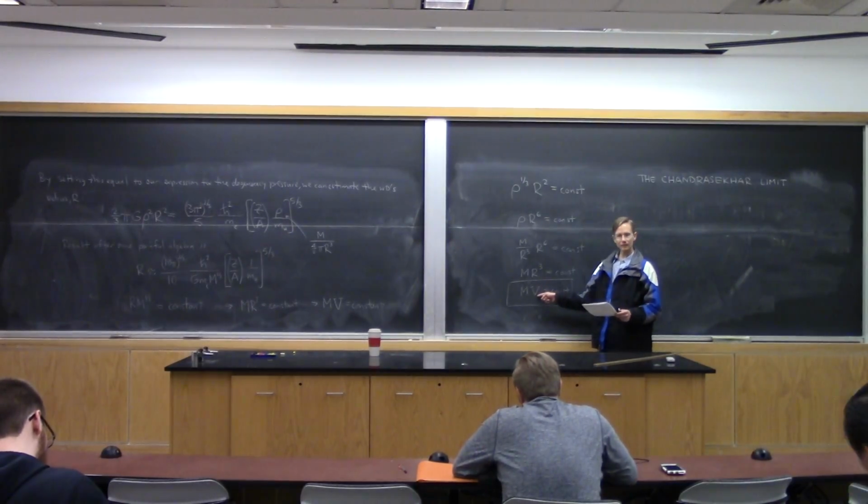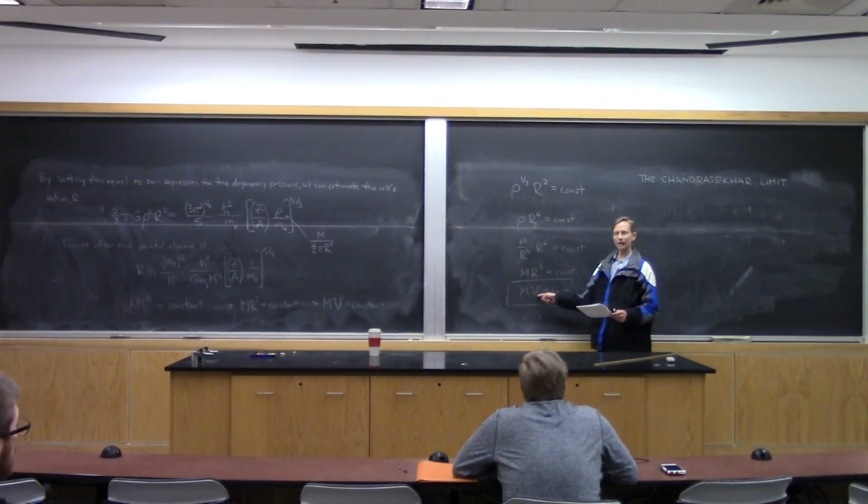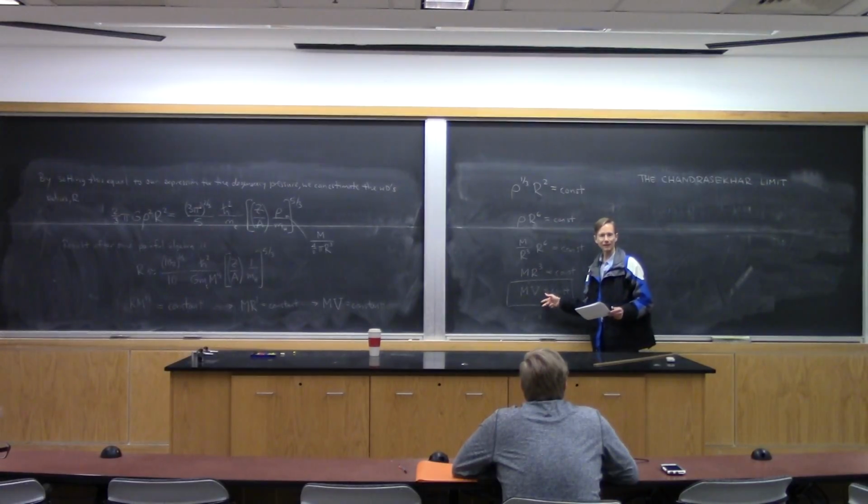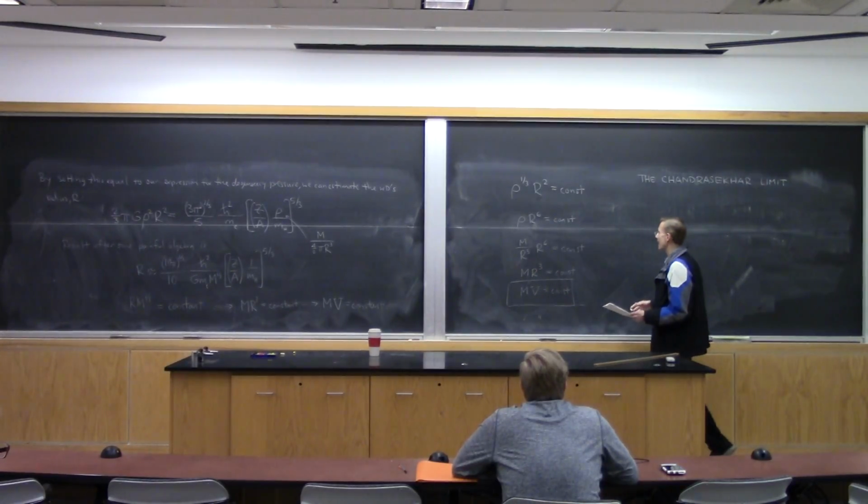So notice that the mass-volume relation seems to imply that as you keep adding mass, the volume keeps getting smaller and smaller, and in the limit that you went to an infinite amount of mass, the volume would shrink to 0. Well, we already know you'd eventually turn into a black hole, even if this relation were true. But in fact,